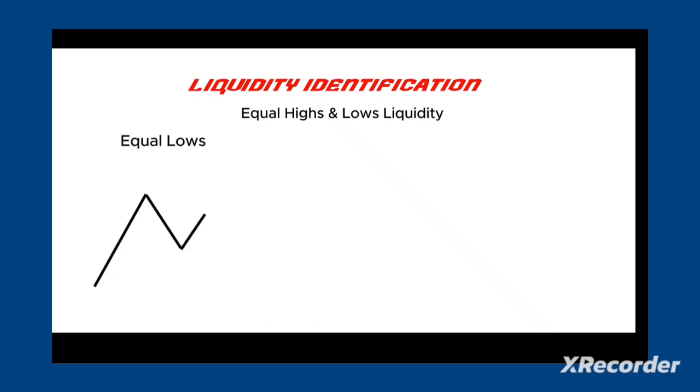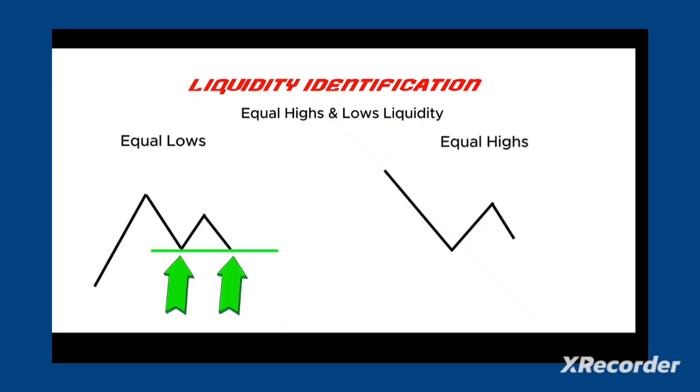There are many types of liquidity, but one of the most common and easy to understand is the equal highs and lows liquidity. In equal lows, the market forms lows that hit the same level repeatedly. And in equal highs, the market forms highs that hit the same level repeatedly. If I were to ask where would you place your stop loss in both scenarios? Most traders would place their stop loss below the equal lows in the uptrend scenario and above the equal highs